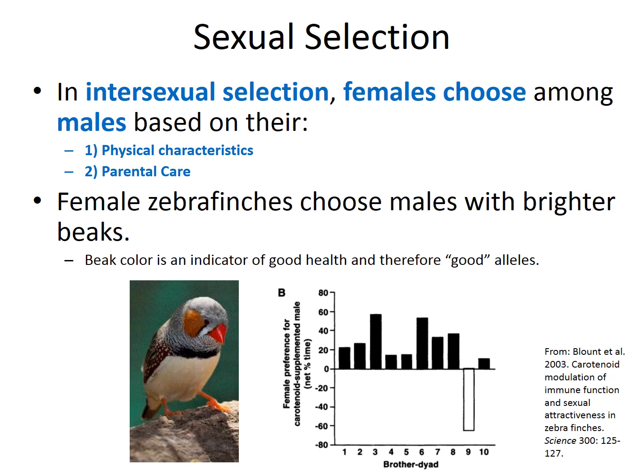We can actually look at this study here, and what they did is they took brothers and fed one brother a high carotenoid diet. Carotenoids help form these bright orange pigmentations that we see in the beak and on the face. The other brother was fed a poor carotenoid diet. When females were allowed to choose between the two brothers, they preferentially chose the brother with the very bright coloration.